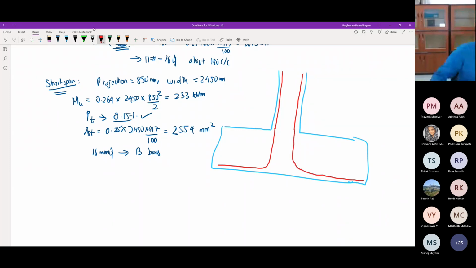Of course, if it's 6 bars, maybe one is there in the middle also. See, these are your column reinforcements. Then you have calculated your reinforcement along the long and short span. So if this is the short span that I'm drawing, then the main reinforcement is what I calculated for the short span.